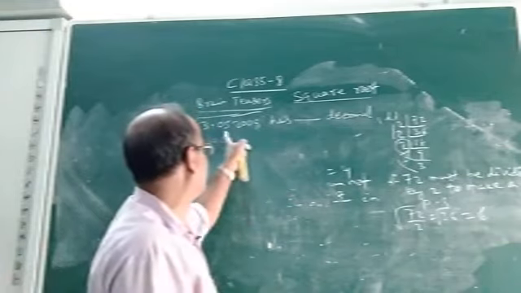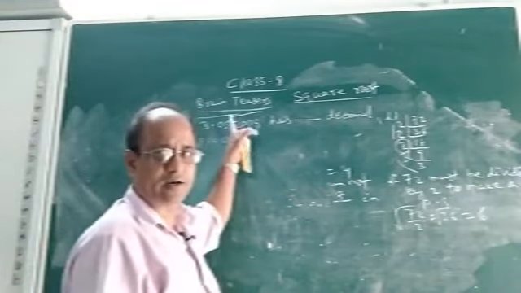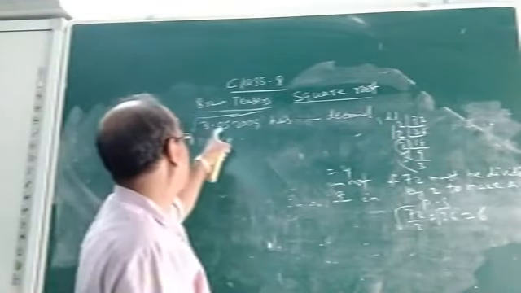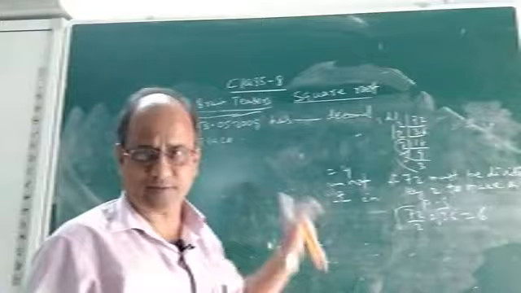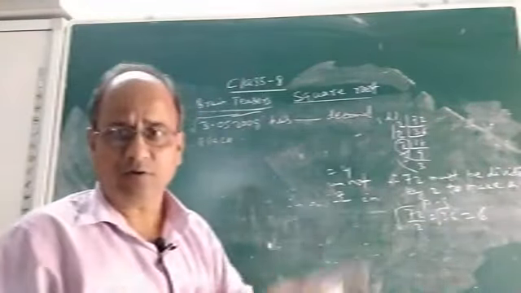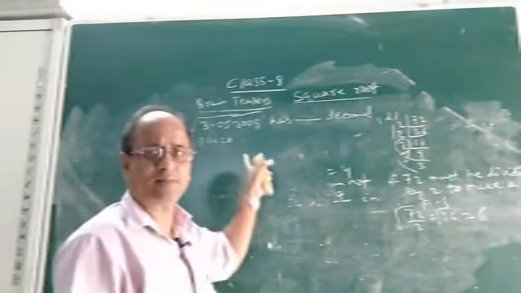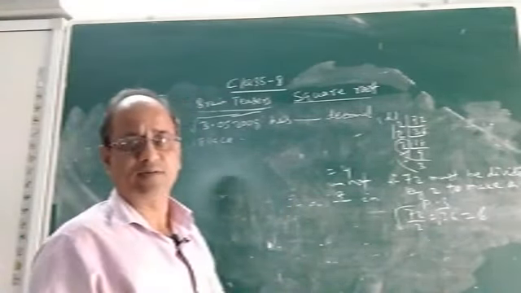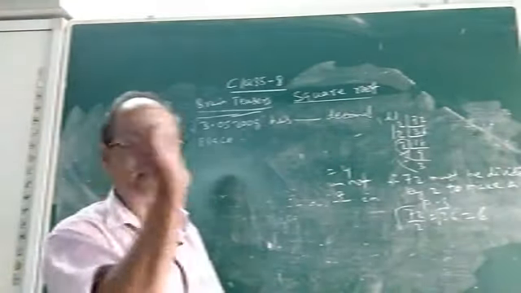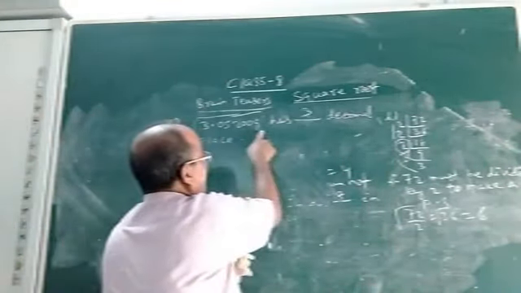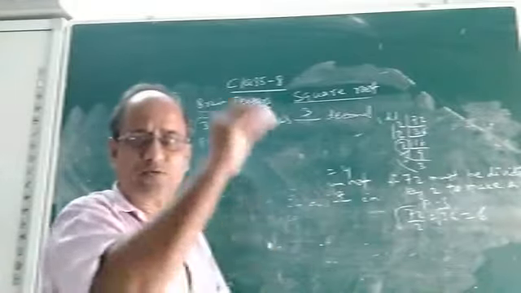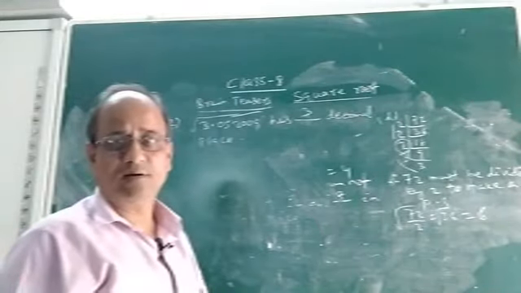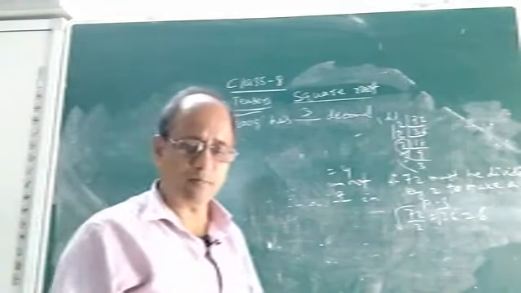What is the rule? Already I have told you this thing earlier. After the decimal point, how many digits are there? 1, 2, 3, 4, 5, 6. There are 6 decimal places in this number, whose square root we want to find. As there are 6 decimal places in the decimal part, when its square root is found, it will become half. 6 by 2, that is 3. So there will be 3 decimal places in the square root. Okay, so this is all about number 1A.